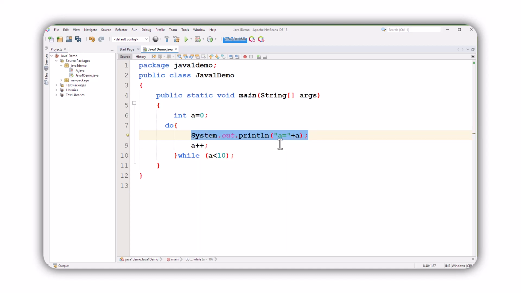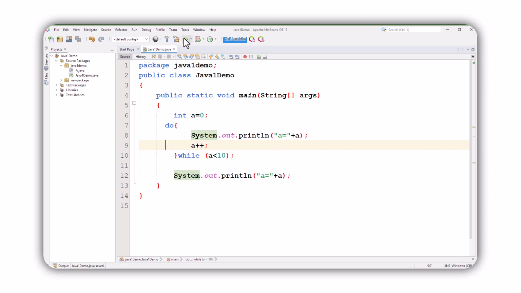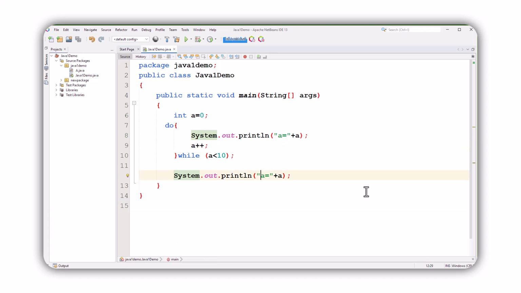So let's say I can print something here, and we say that a is. Okay, we can leave it like that. So let us try to run this and just see what it does. You can see here it prints from 0 to 10. Now, let's see, instead of doing that, we can come and say here